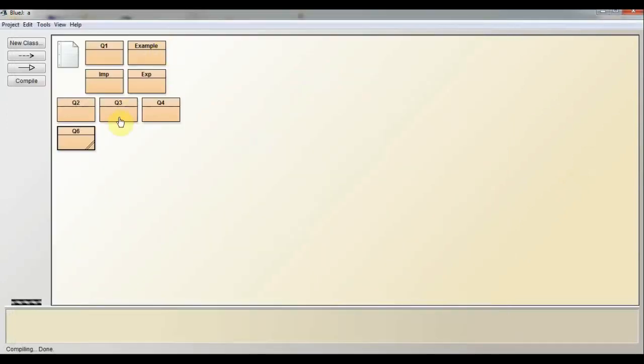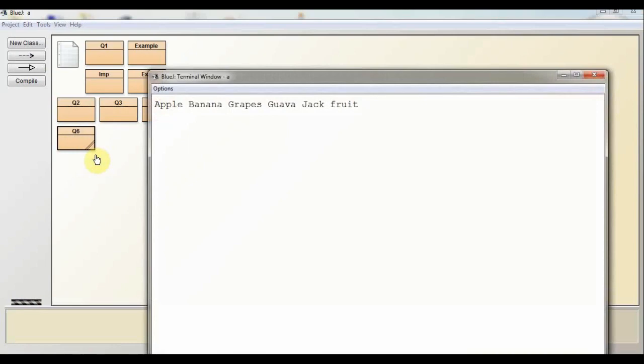Now syntax is okay, close it, right click the class. Okay, these are the 5 fruits names, but all the fruits names are showing in a single line. And according to the question, you have to use a single system.out.println statement, but in different lines. It means you have to show all the 5 fruits in different lines.